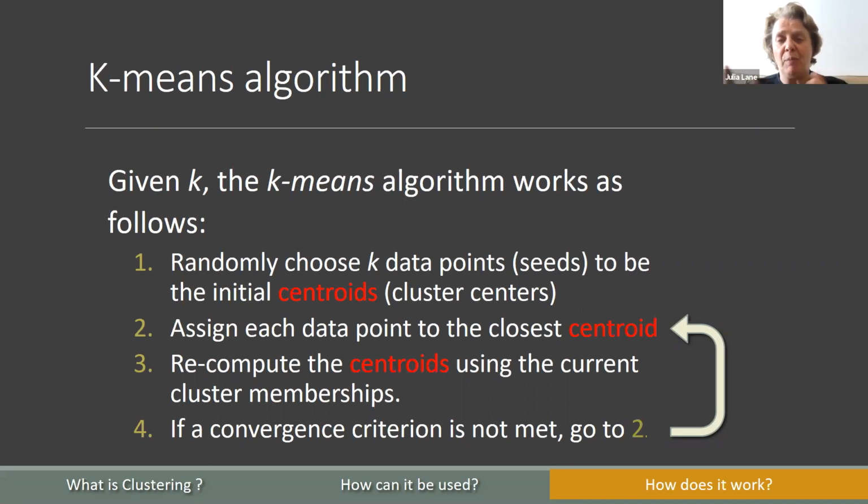We might say 5, 10, or 20, whatever it is. We start there, then look at the distance measures, move everything around, and keep iterating until we've met a